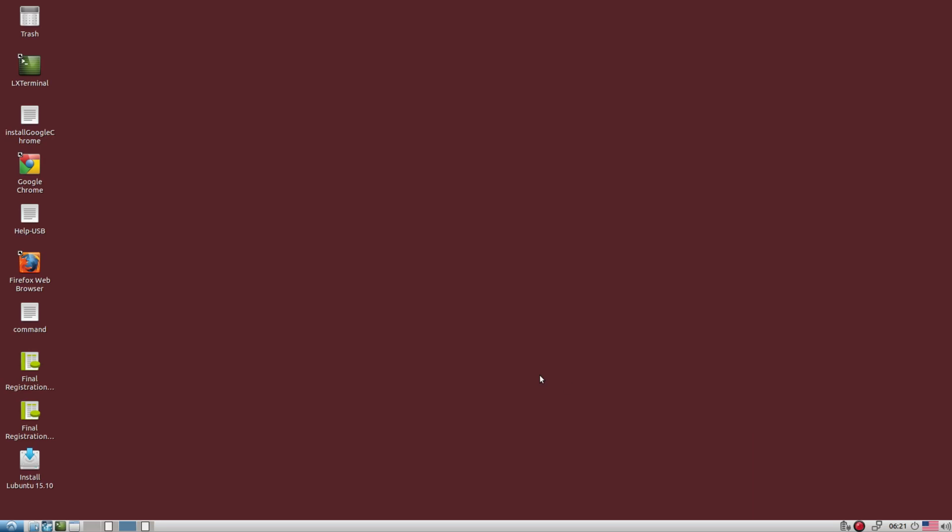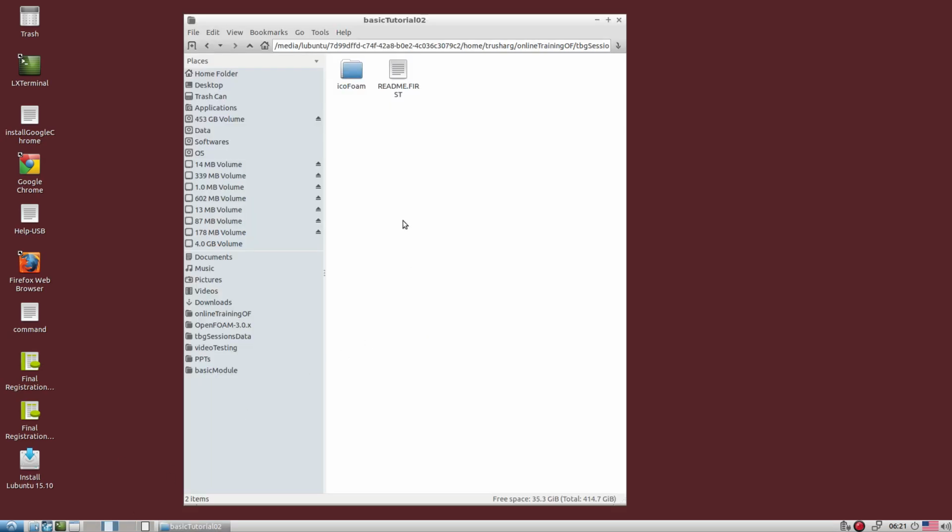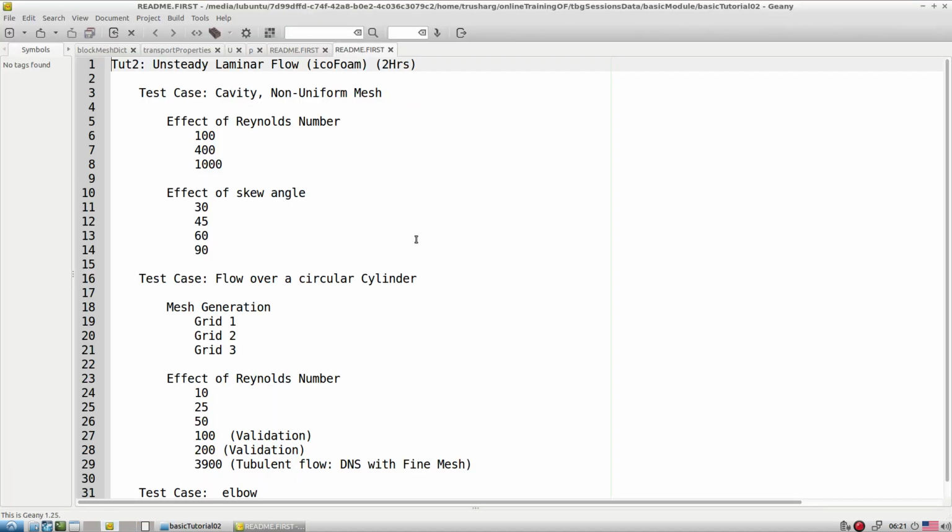Okay, let's discuss a few more concepts about icoFoam that we started discussing in the last session. So let's look at what we went through in the last session. We started discussion about icoFoam, and we looked at the cavity with a non-uniform mesh, and I